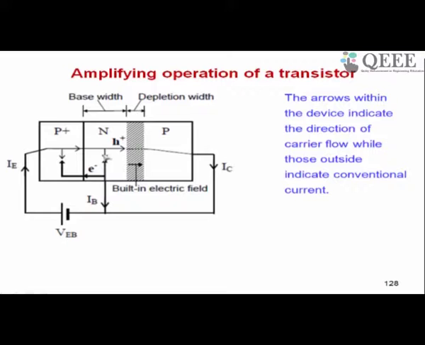However, in contrast to a p-n junction, in this case you find another arrow here. That is, a set of holes are moving from the N region to P region, and that is what is responsible for the collector current. Now how do you get this whole current? So here let us show this.